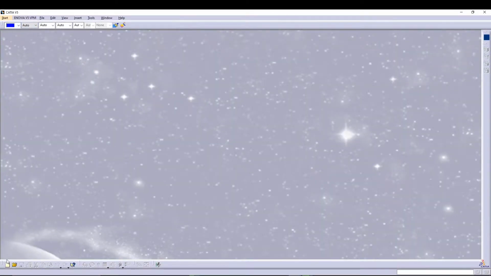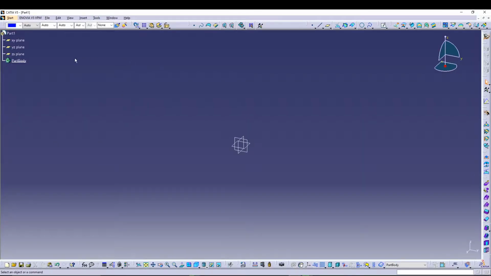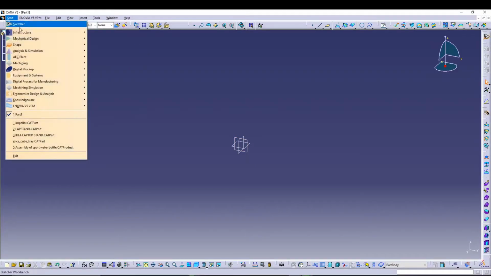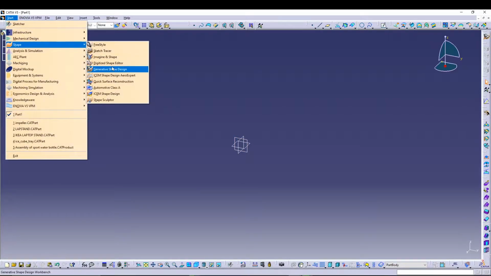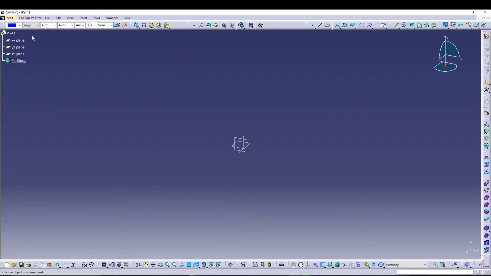I'll go for a new component, go for part, press OK, and you can name the part as impeller. After that I'll start with a basic sketch for the body of the impeller. To do that I will start with the YZ plane, and make sure your workbench is either Shape Design or Wireframe and Surface Design. Mine is Shape Design. So I'll start with the YZ plane, go to sketch,